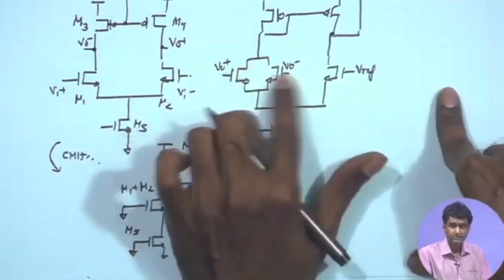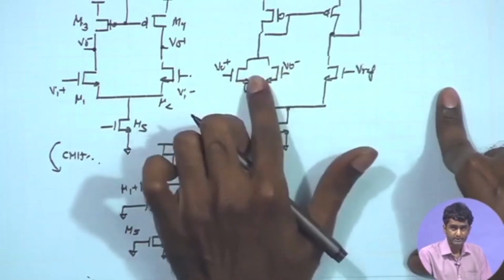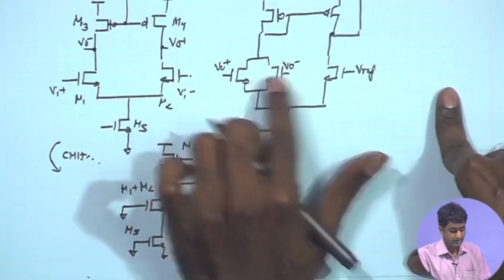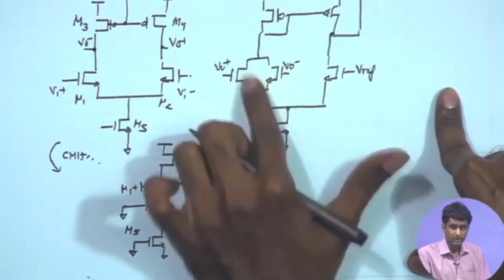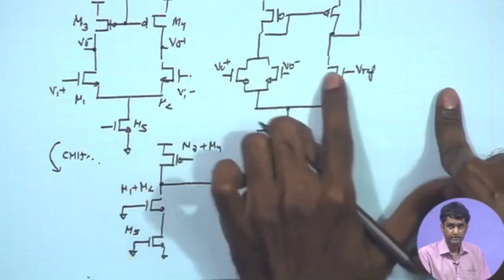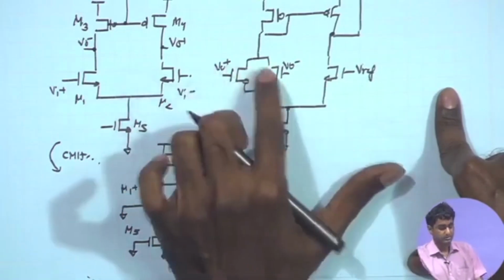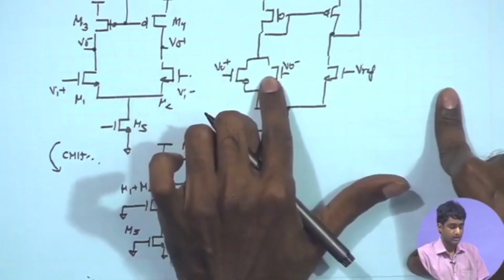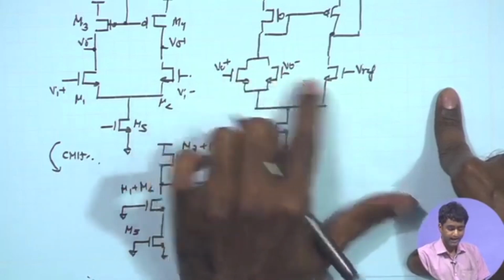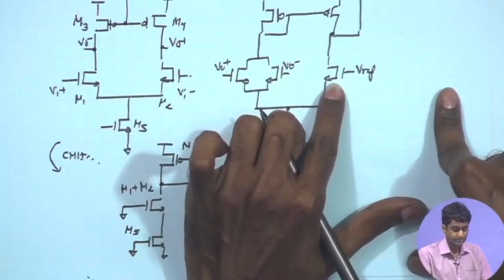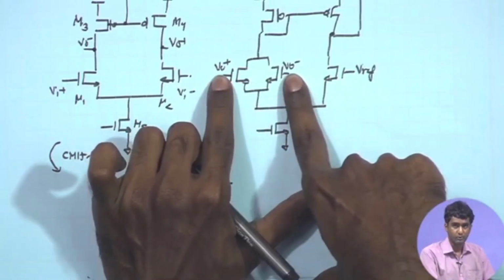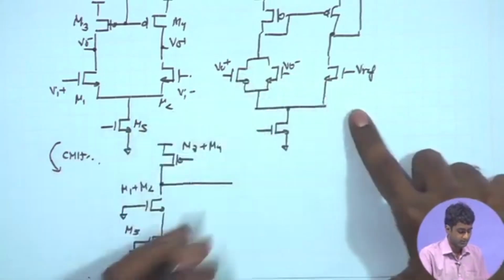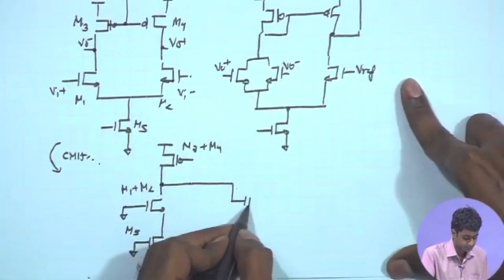Once again, therefore, I can just combine these two into a single transistor, and we know that under that condition the W by L and the ID of the combined transistor will be the same as that of the other transistor. Remember, as per our earlier discussion, this was having half W by L and half ID as compared to the other transistor. So, now for the common mode operation, since these two gates are going to be combined together, we can represent it as a single device,